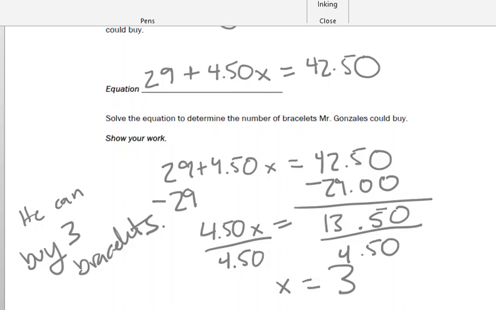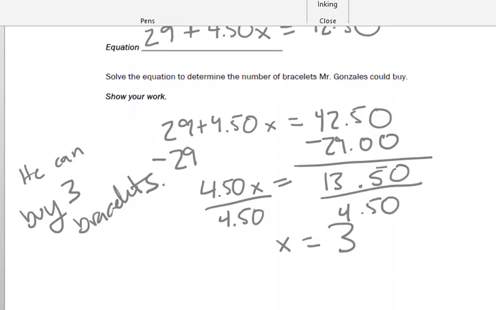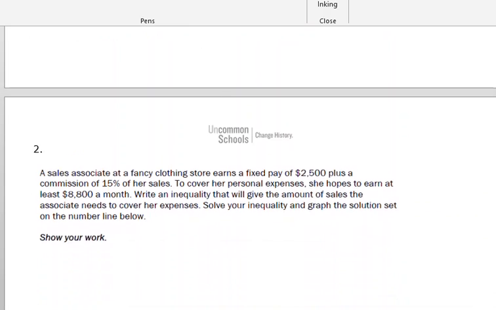Make sure you have all that down. We're going to move on